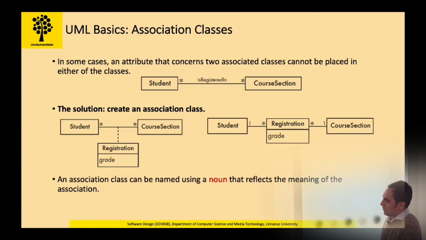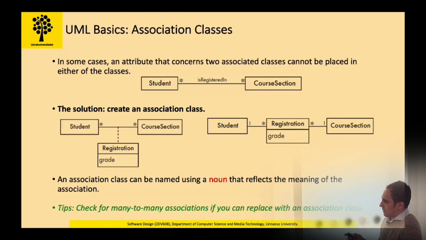And for an association class, you should always use a noun for the name, whereas before it was a verb, and that is another transformation. Check for many-to-many associations and see if you can replace them with an association class. This can be done mainly for many-to-many relationships, because